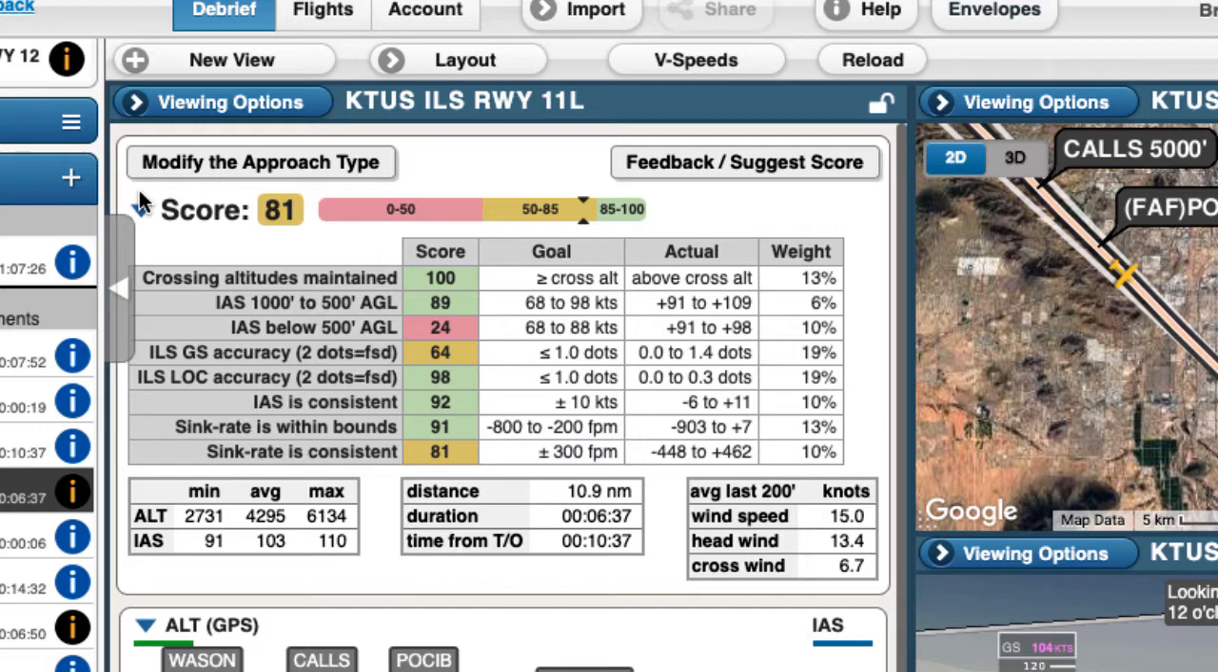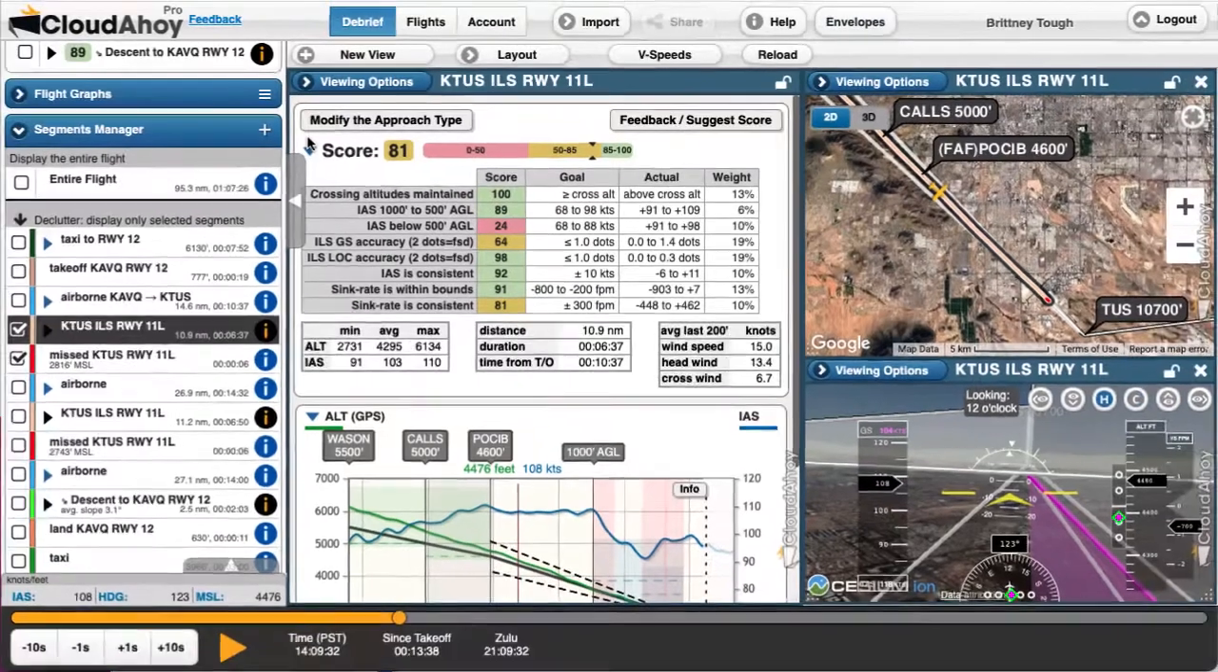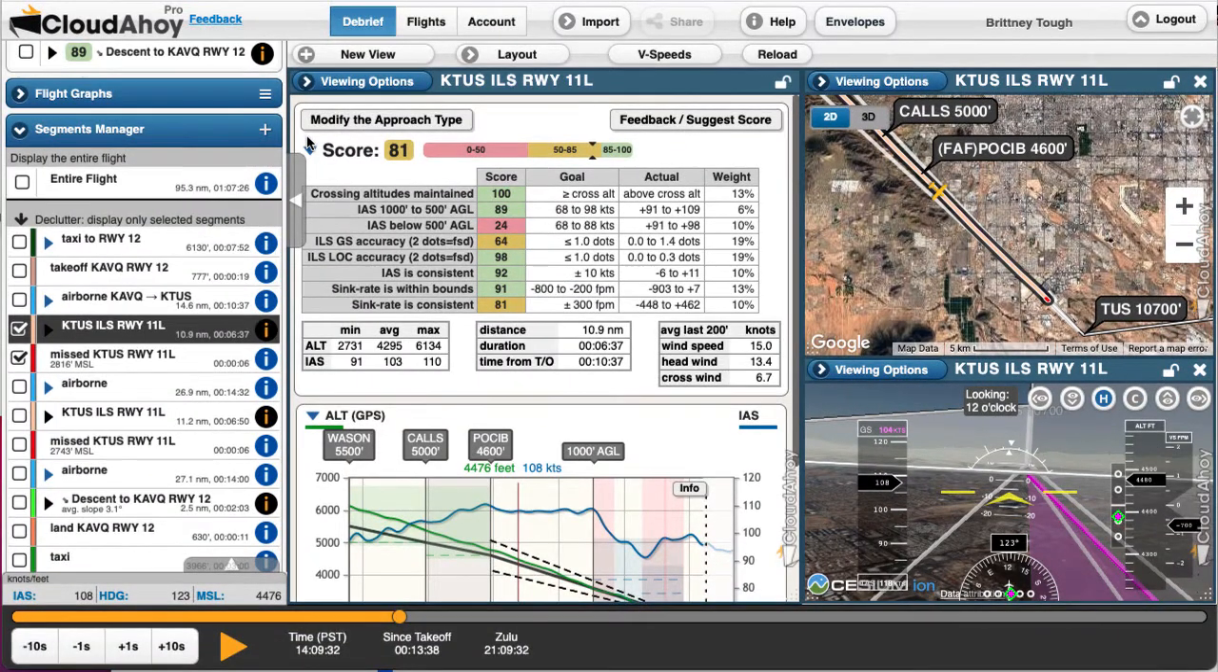I recommend checking the scores for the localizer and glide slope accuracy. If you score well in those two areas, you likely flew a stabilized and consistent approach. In this example, we can see the score was affected by flying at a higher airspeed, probably not helped by the fact that we knew it was a practice and it was always going to result in a missed and